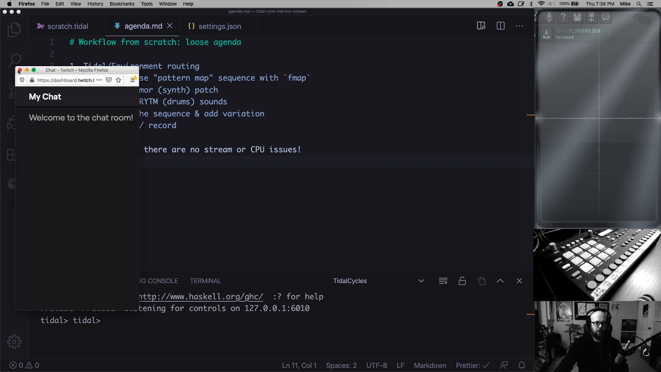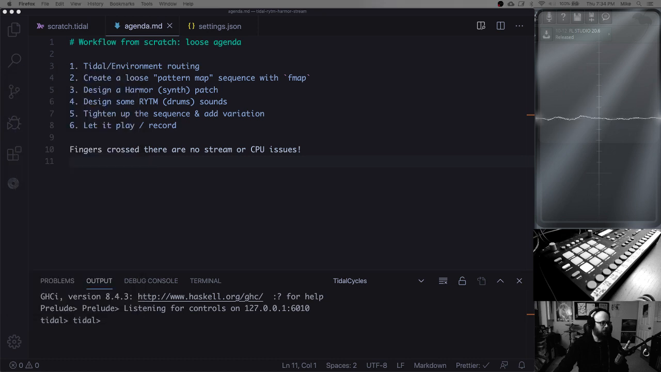And my chat window is not working how I thought it would, but that's okay. Okay, so